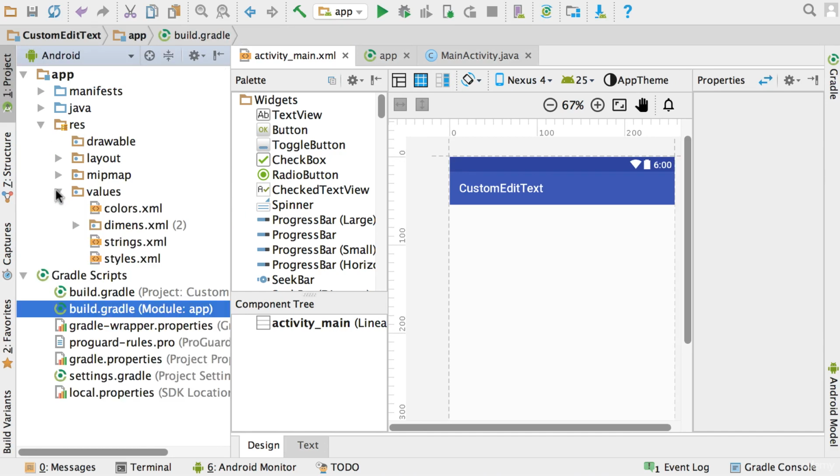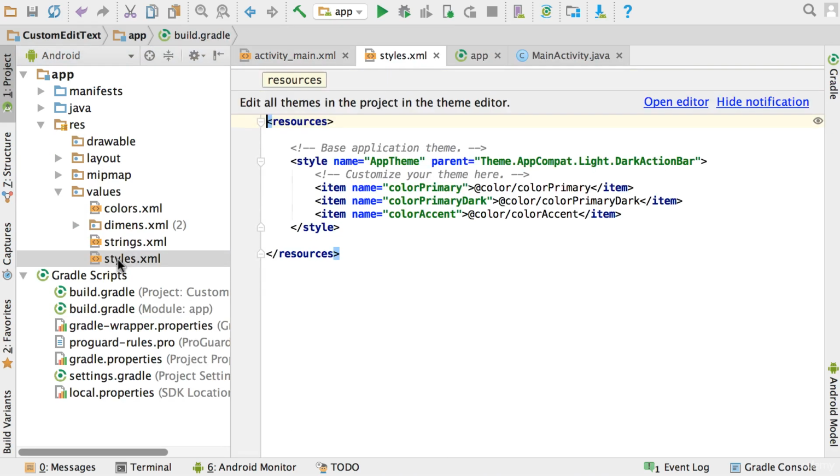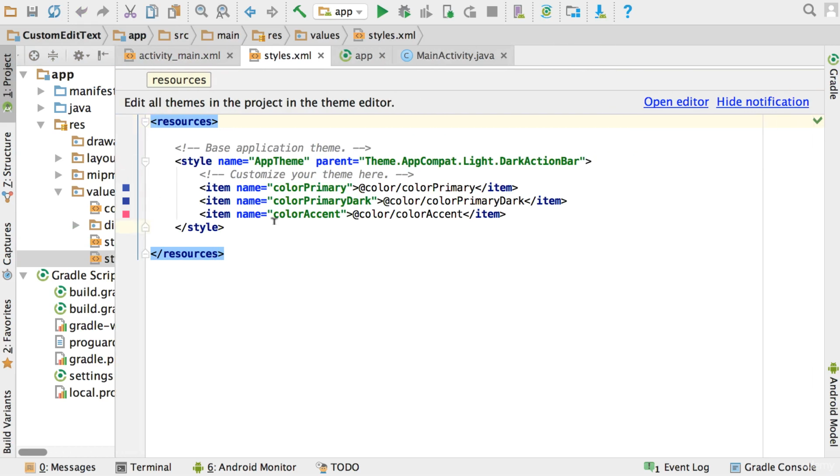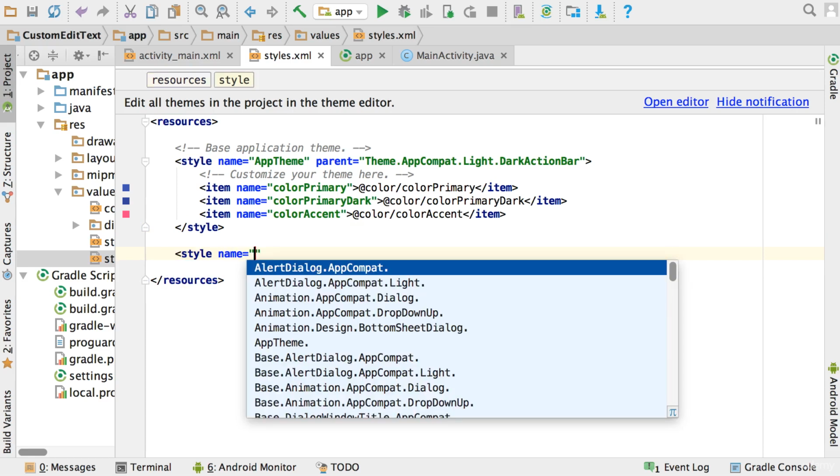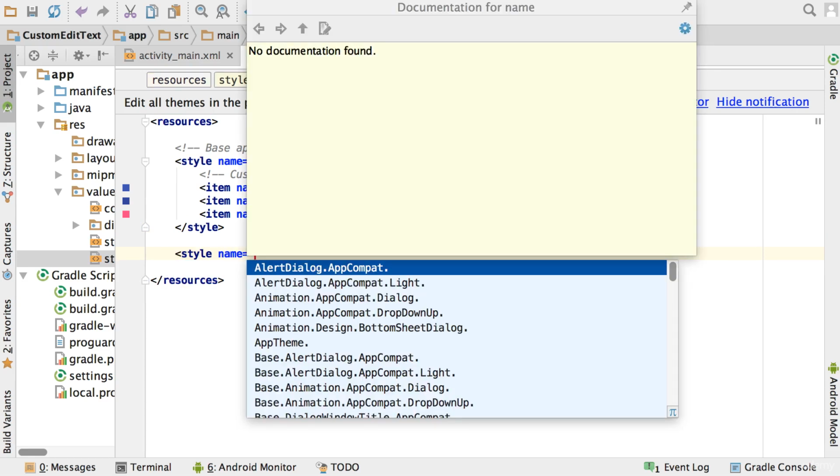Okay, so the first thing I need to do now is to go into my resources folder, go into the values, and go into the styles XML. So in this styles XML, we're going to create a new style that we're going to use with the edit text. So for the style's name, you can name this anything you like. Let's just call it